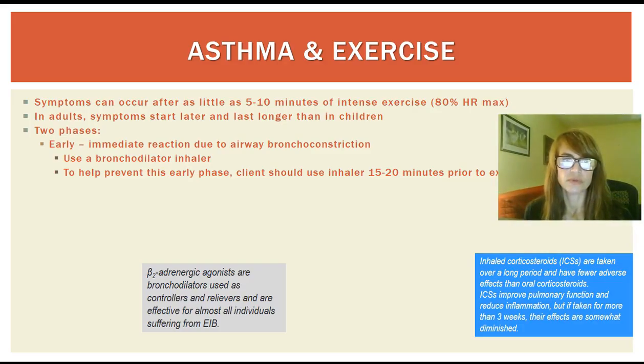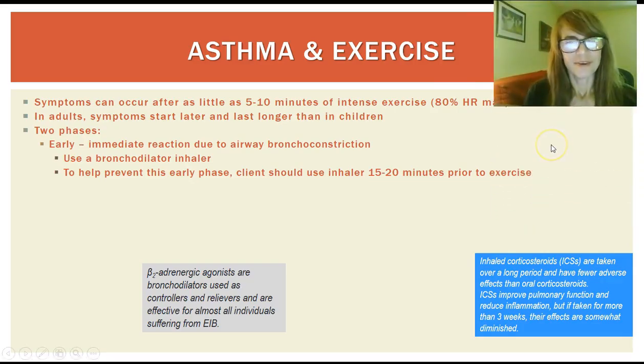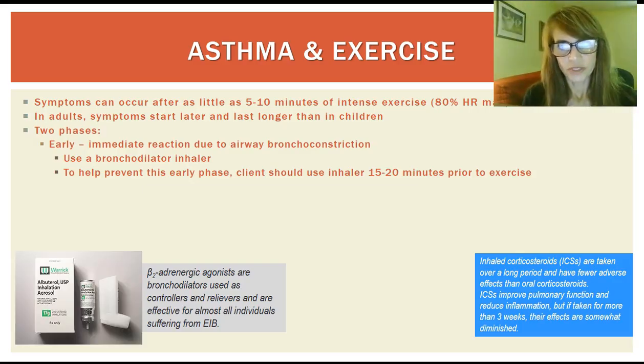The treatment is to use the inhaler, usually with beta-2 adrenergic agonists. That's what's in it, usually albuterol being one of the ones used primarily. And they can also use it before exercise. You see folks that have asthma, maybe at the gym, using the inhaler before the exercise. It's more of a preventive measure to try to prevent any exercise-induced bronchospasms.